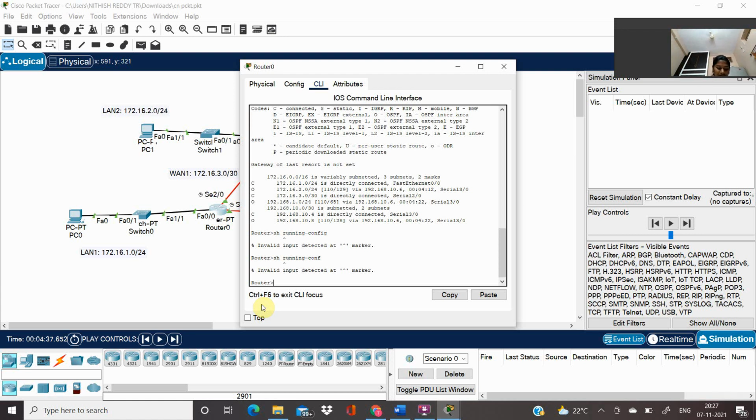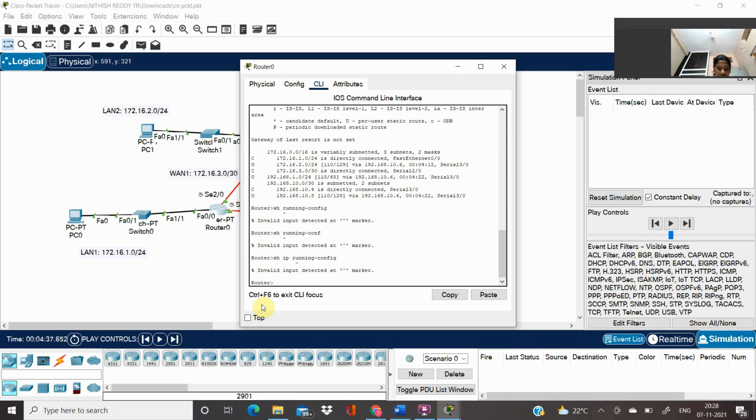So, yeah, now let me try show running-config.